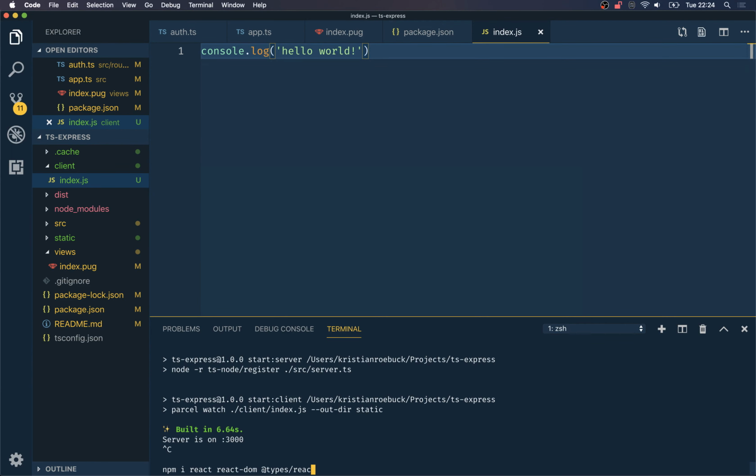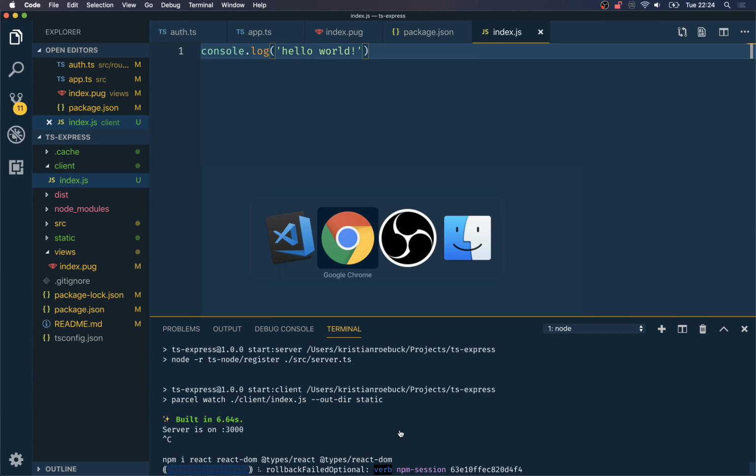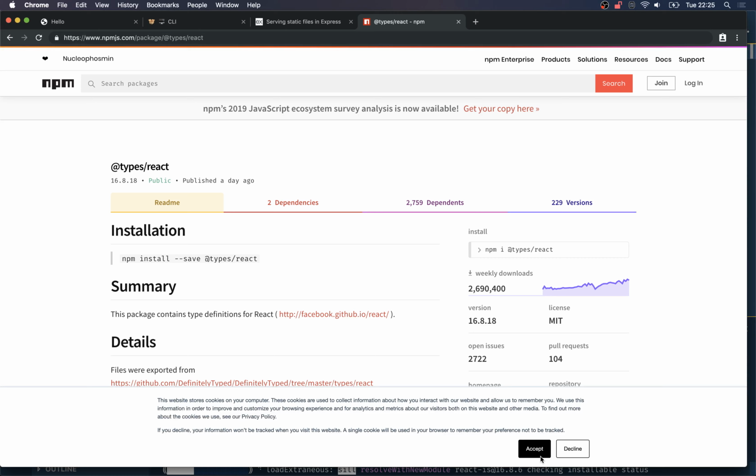React DOM. So yeah, given the speed of my computer at this moment in time, that's probably going to take a while. React TypeScript types. Let's just check it. Okay, neat. And I guess with this all being like one project, it's just going to pick up my existing TypeScript config